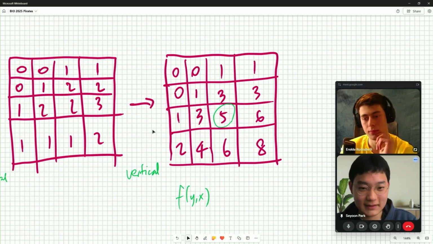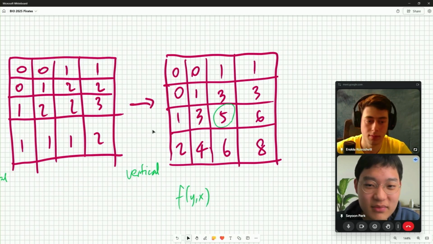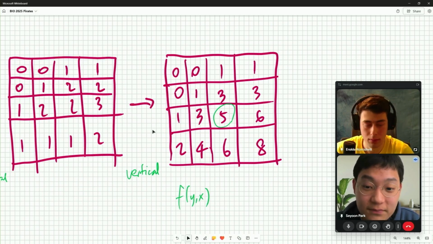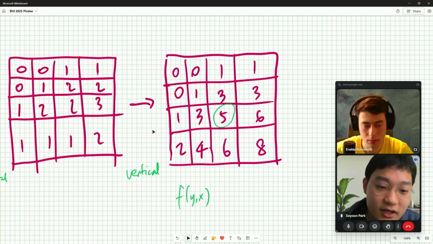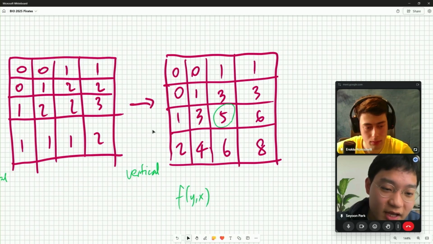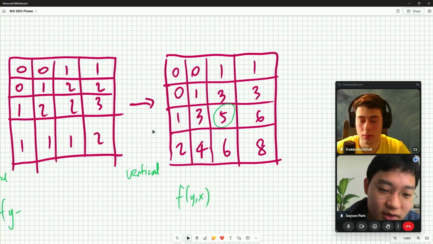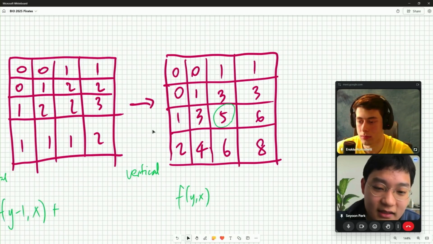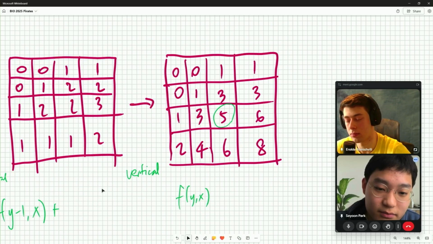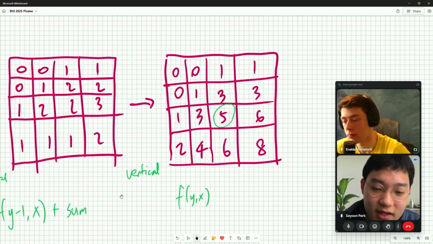This works because the recurrence relationship for f of y, x is just f of y minus 1, x, and then you add the prefix sum for the row y until x.